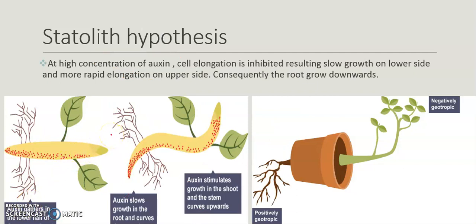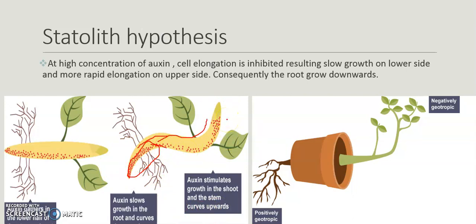So when auxins and calcium ions are accumulated in the cell elongation area, they will be inhibiting the growth there in the root and it will be growing downwards. Here there is a lower concentration of auxin, so they will be growing upside. In the lower region the growth should be inhibited for the root to be small and to get fixed in the soil. It is happening like this. So it is curving and it is moving.